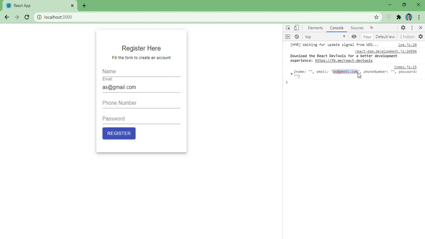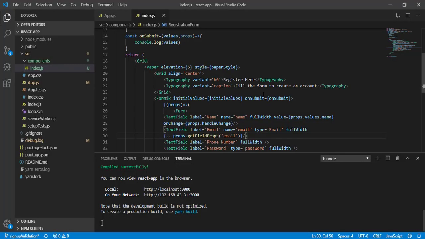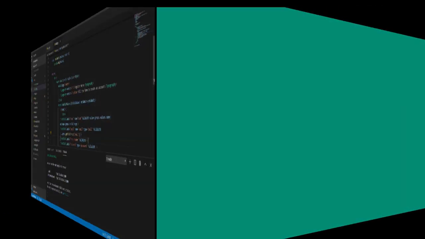So this is the second way. Now what is the difference between both? Here we were writing the value and onChange, but instead of doing this I wrote directly props.getFieldProps, and here I need to pass the name of the input or the ID of the input.